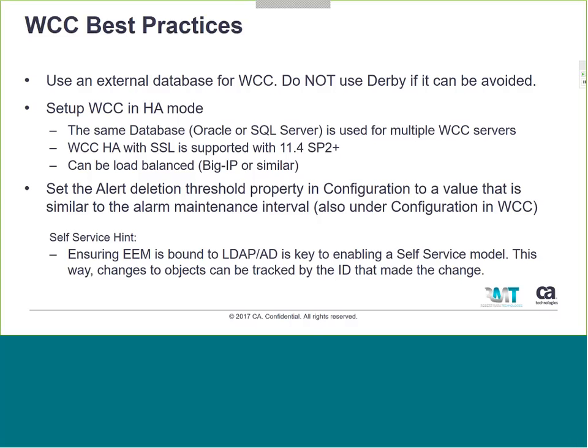Alert deletion thresholds. This is one of the things. The default is actually set to 7 days in WCC, so you can leave them for 7 days. But if you think about it, if you have an alert, a job failure or something of that sort, or an EP shutdown or EP rollover, database rollover, any of those alarms, if you're looking at them in WCC and you haven't addressed them beyond a day or 2 days, then it doesn't really help you. It's not really doing anything. If you're not addressing a job failure that's open for more than 2 days, then there's a problem with the process. So what I would recommend is keep that number for 2 days or 3 days,